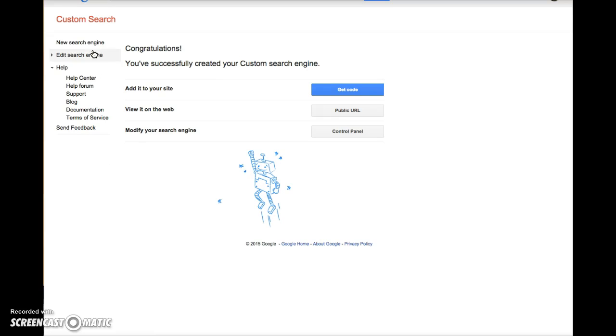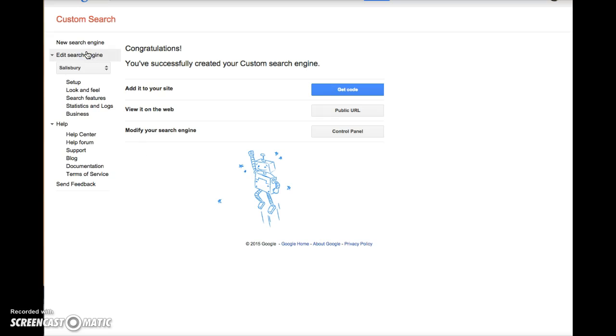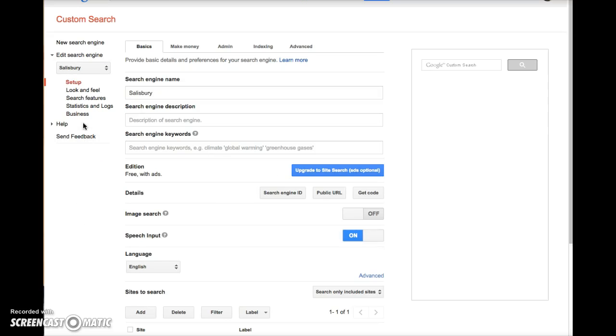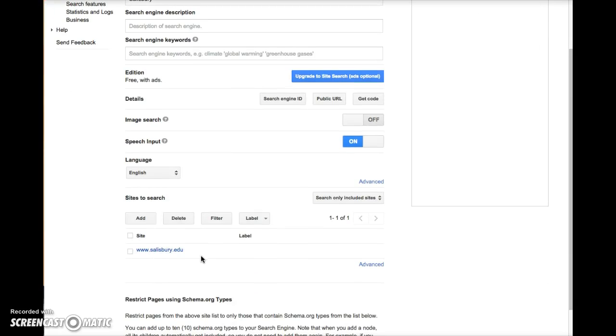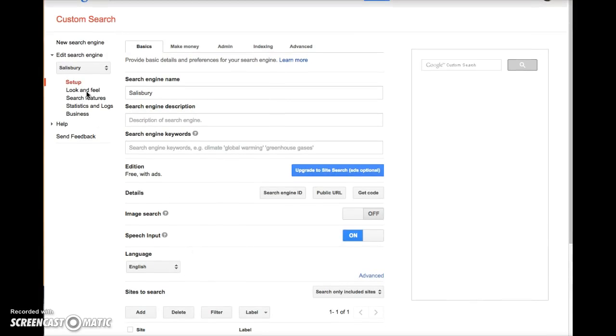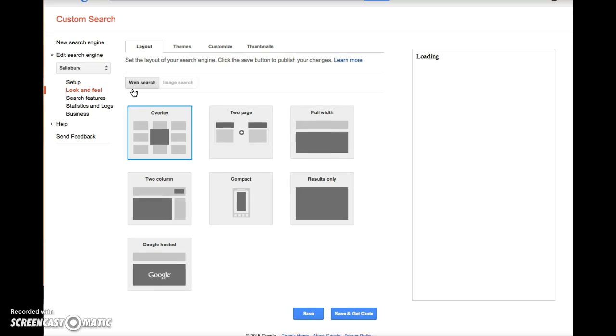So to get back to, let's go to Edit Search Engine. And then you can select Setup. And that's how you'll be able to get the code. You'll be able to see the websites that you place there. And you can also do some other little things, like if you want, you can change the way it looks. You can add some themes, and you can do other things here, but that'll be up to you if you want to do that. And that'll be it for creating your